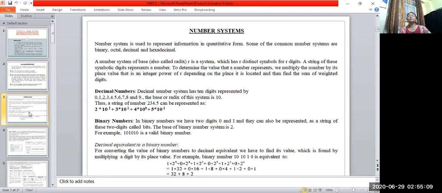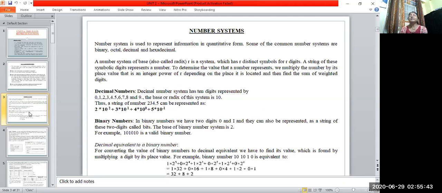So we have to learn about the hexadecimal number system, and we also have to know how to convert a binary number into hexadecimal, or a hexadecimal number into binary, a decimal number into hexadecimal, or hexadecimal into decimal. That is the interconversion of numbers from one number system to another. How will we convert? What is the process? What is the method to convert? Let us come to the first one, the decimal number system.